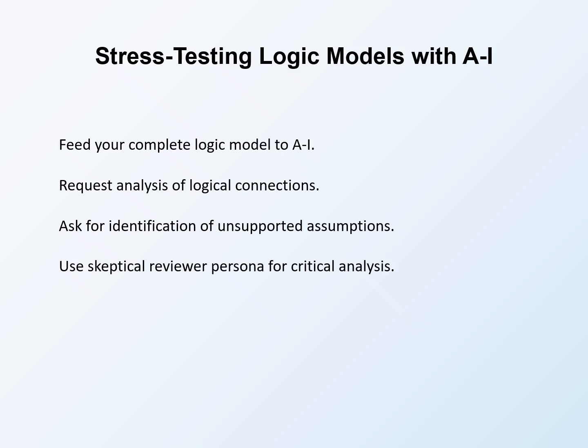First, examine each connection between activities and outcomes. Identify which connections are strongly supported by logic or evidence and which rely on unsupported assumptions. Second, identify the three weakest links in this logic model, places where the if-then reasoning is most questionable. Third, suggest what evidence or additional explanation would be needed to strengthen each weak link. This prompting approach leverages AI's analytical capabilities while keeping you in control of the final design. AI identifies potential problems. You decide whether they are real concerns and how to address them.